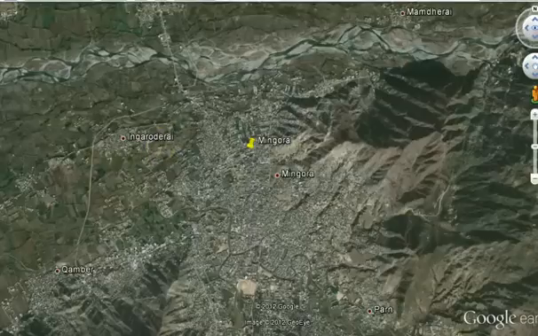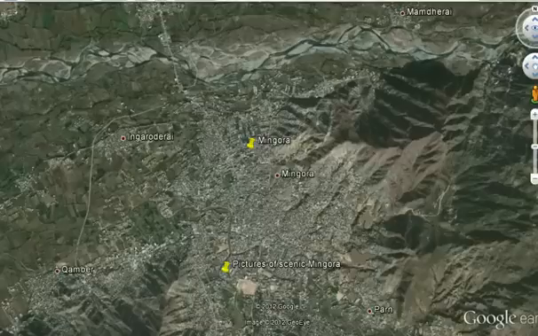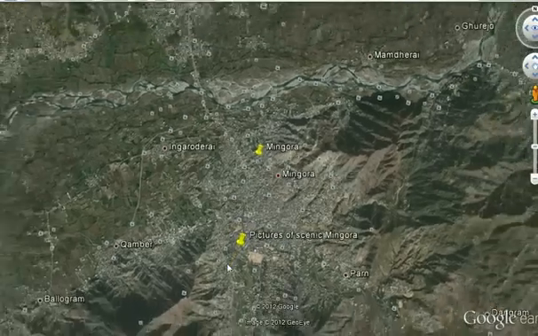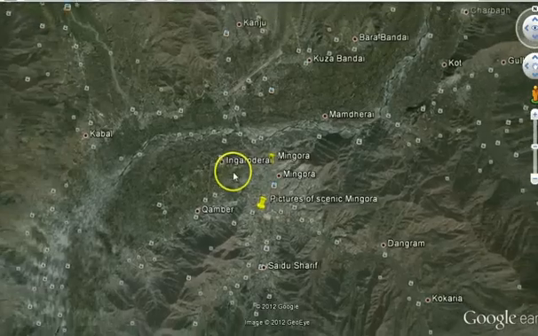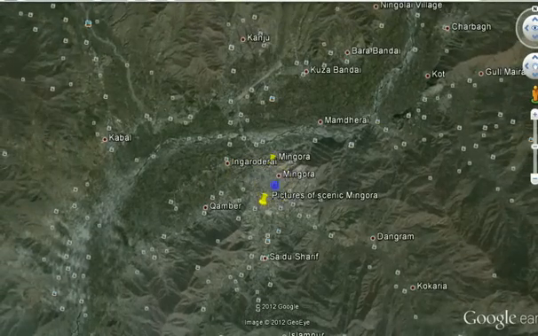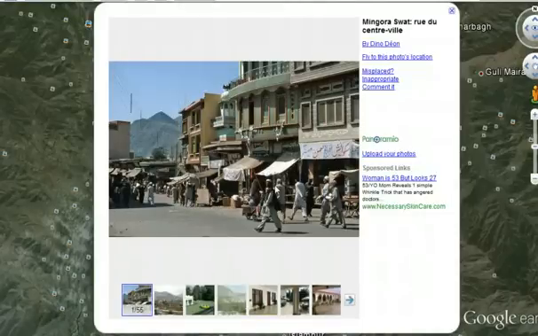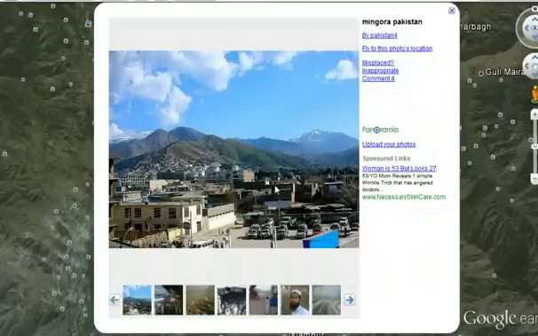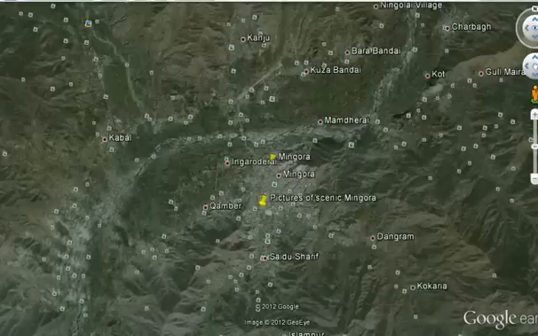And so this is from the blog. This is where I saw some pictures of scenic Mingora. And if we zoom out a little bit, I think this is at the right height. Yeah. When we zoom out, it actually consolidates the pictures into larger picture groups. And this group of pictures here, if we click on that, shows us that's sort of what the town might look like. You get some nice mountains in the background here. And then this picture coming up, yeah, that's how it used to look before the Taliban took over. I mean, it still looks that way, but people are less inclined to go there because of the Taliban rule.